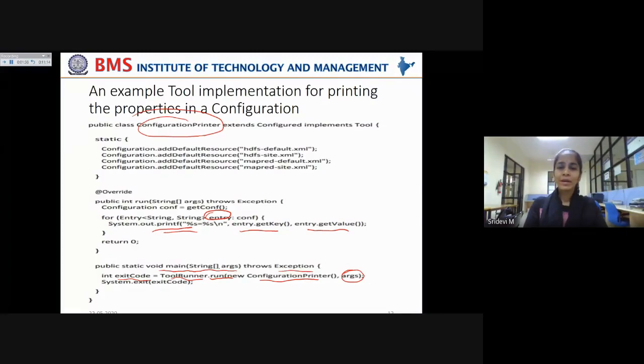Now both of these are being passed to the run method, which is invoked by the ToolRunner, and this will return an exit code. It will run as long as the property information exists in the resources, and once all the information is read, it returns an exit code, which indicates completion.